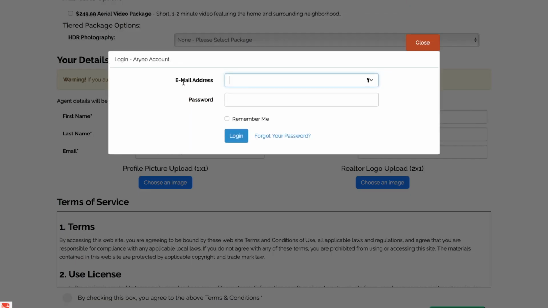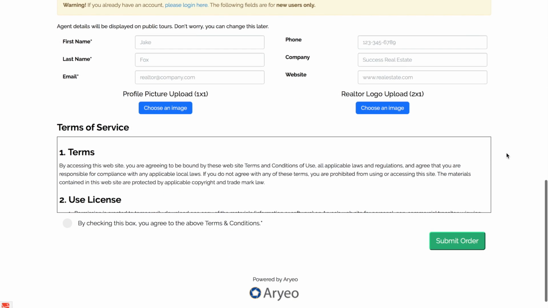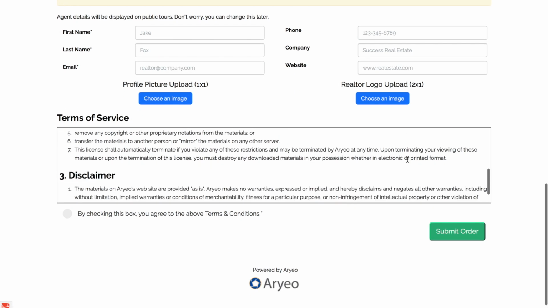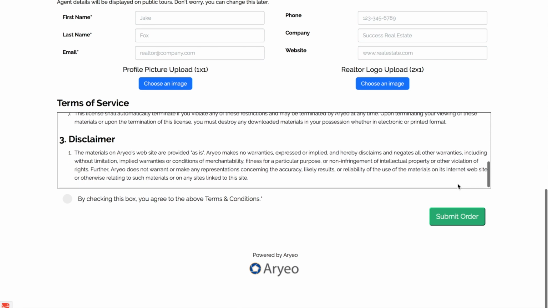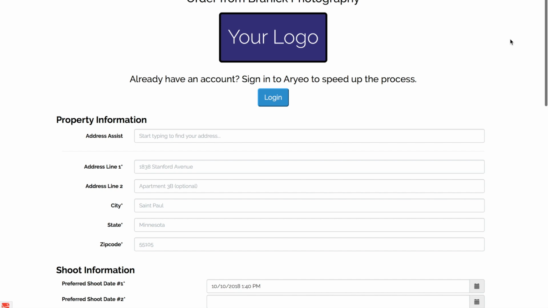You can see that they can log in by clicking that. Agents can just sign in simply and go forward through the order form. Then last but not least, they have the terms of service here, and they can agree to your terms of service and then place their order. So let's go back and let me just show you how to customize this order form a little bit more